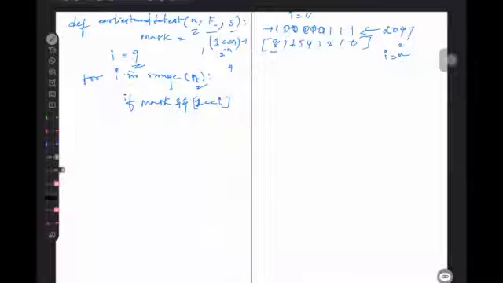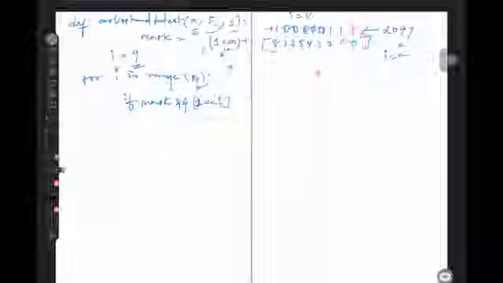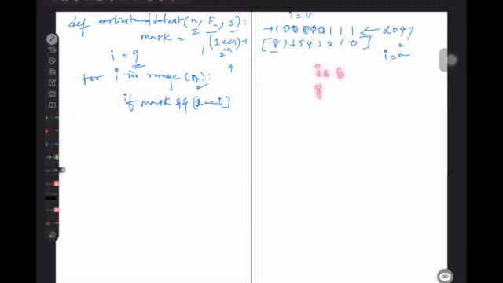So now I equals 3, I moved my 1 to here, which gives 1 0 0. Like this only it will move. So I'll get whether the corresponding bit is set or not. I hope this makes sense.